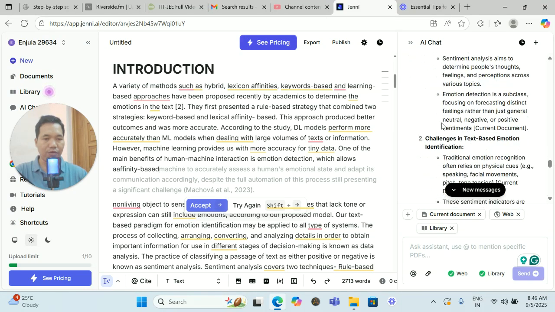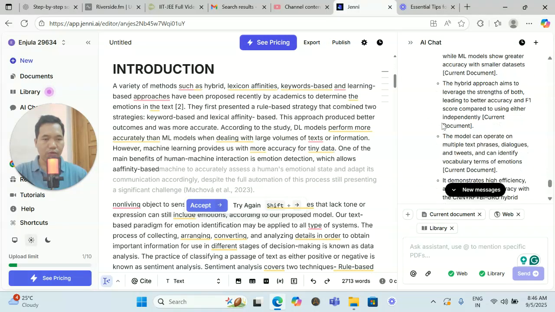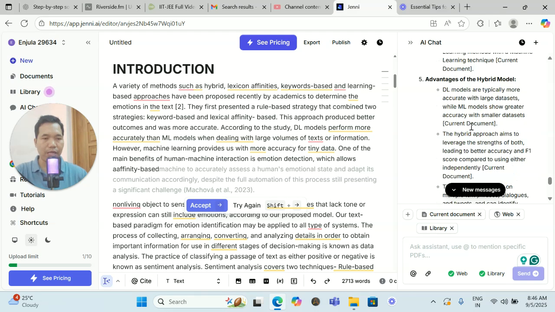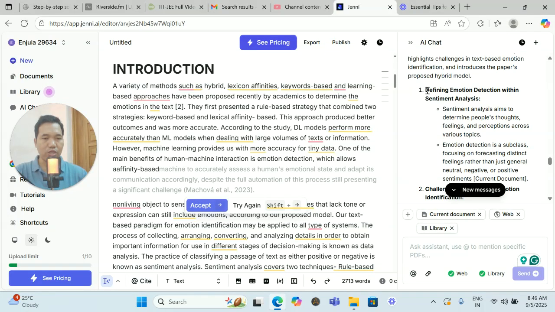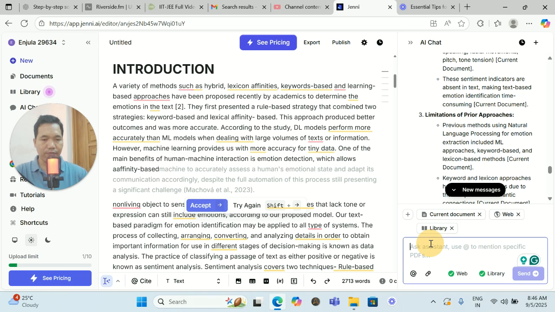Now they have given here the introduction, the challenges, and all these things, and how you are able to frame it. You can now point this structure for your new introduction. Consider starting with a broad context of sentiment analysis. So one by one, we are able to do it. Suppose you want to do emotional detection with sentiment analysis. Suppose you want to continue with this point, then in that way you can give